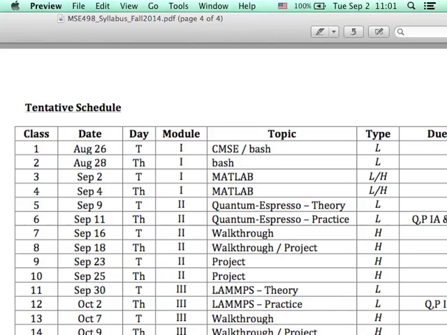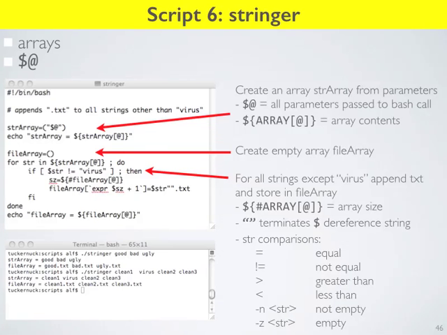Okay, here's where we left off last time. First of all, we were running through all of the Bash commands, giving you the vocabulary to be able to use Bash. Then I gave you on Compass a bunch of Bash scripts to download, and we were talking through those scripts. The idea was that the scripts show you Bash in action, and also give you templates and basic examples that you will then use. You'll hack these things into your project, and you'll use these various idioms, these loops, these ideas in your project. We got up to stringer, the last one we were looking at,